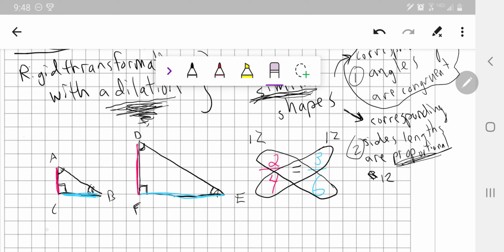So what I would describe it as is first, do a dilation with a scale factor of 2 around point C. Let's go and reverse that. There we go. Around point C. So dilate around point C, with a scale factor of 2. So I'm describing how to map the smaller onto the larger using transformations. Dilation, scale factor 2